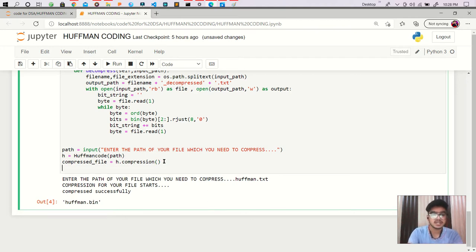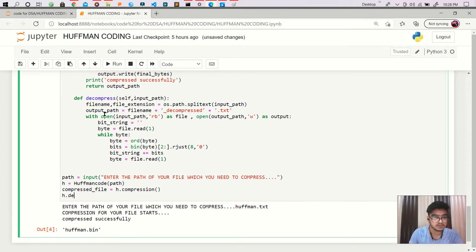After this, I am just calling the decompress function, which is this one, and in that decompress function I am passing my compressed file.